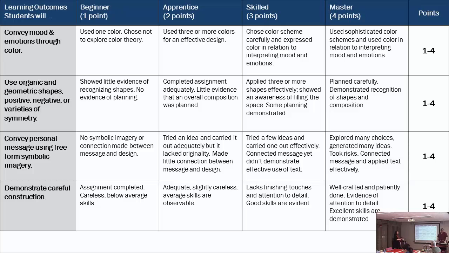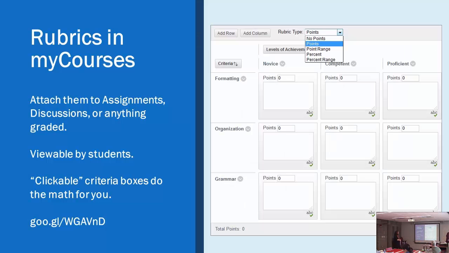Do you want to go through them, my course? Yeah. So this is just a screenshot of, you can also have rubrics, there's a tool built into my courses that can develop the same type of thing, where it's the table where you put your outcomes over on the left, and then your levels of achievement, and then you can type in your criteria over in the boxes here and put in your point distribution. So this whole tool we've explained can be done on paper. You can do it in a Word document, use them on paper, or you can do both. You can have them in my courses.